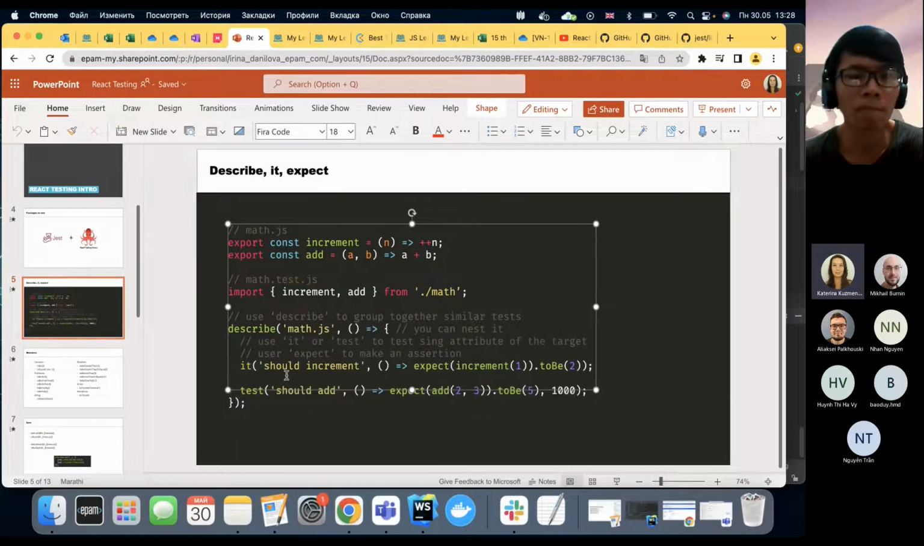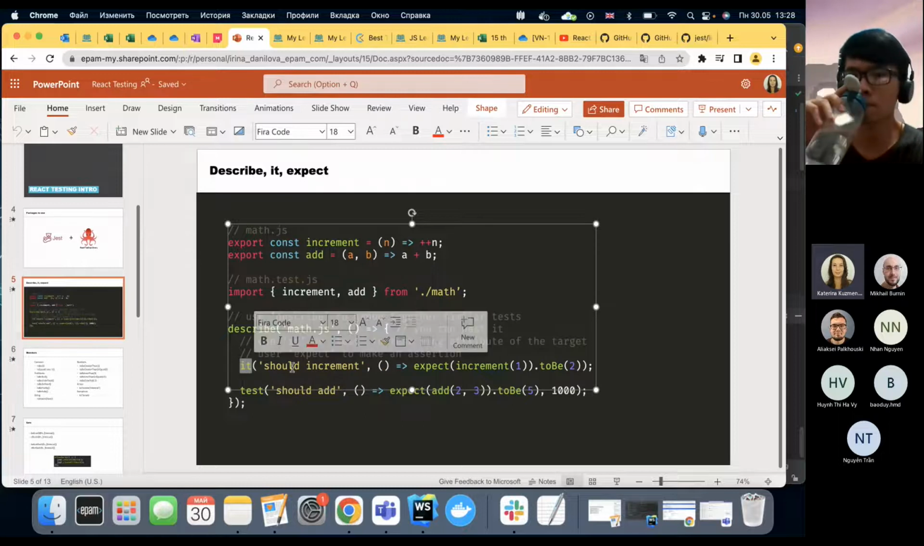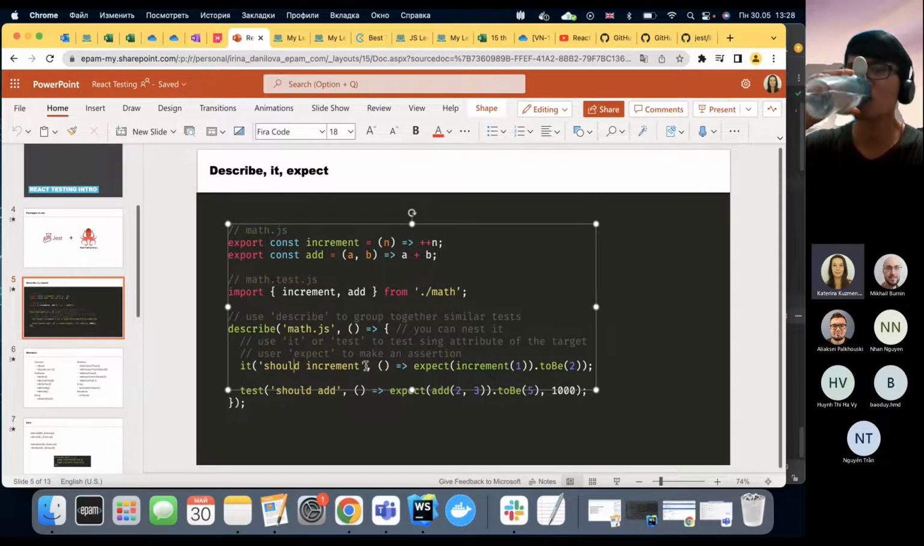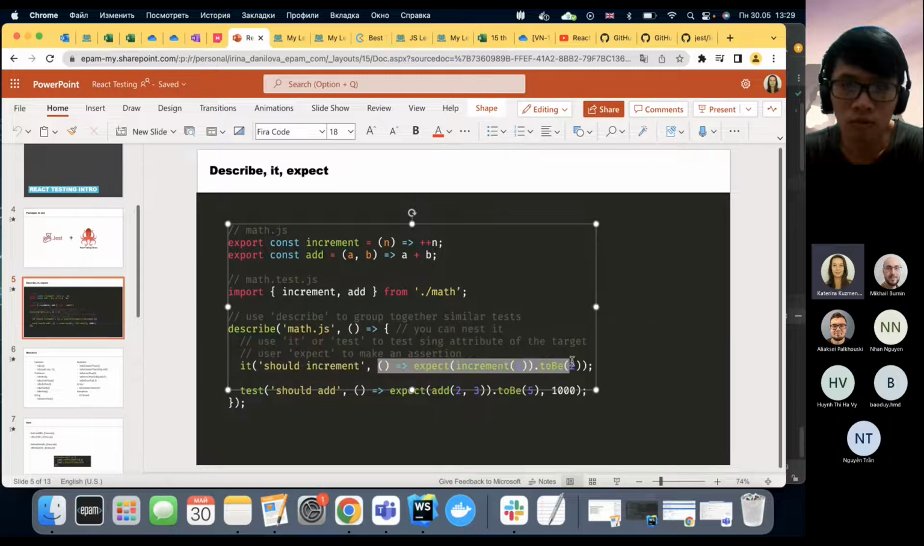In the section it, we have similar approaches. We have a name of the section. This is a test. This is like a small module. This is the place where we write our test, right? So the same name of the test and the function where we